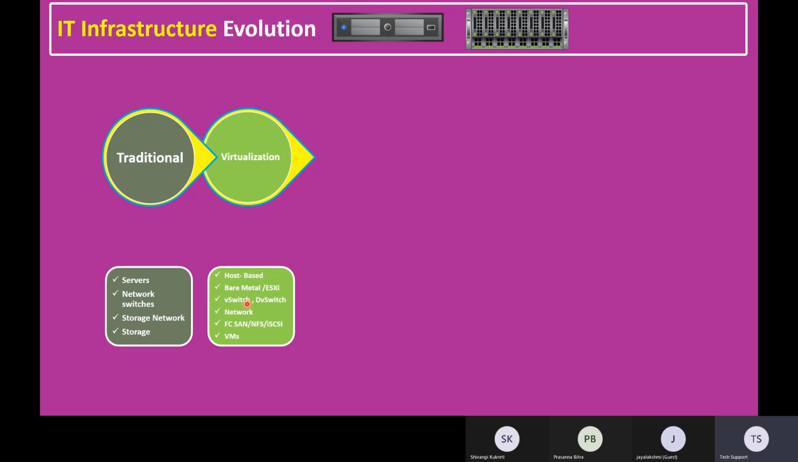We are familiar with the virtual switch, and the DV switch is one of the vCenter Server features, and also the network. Even when we are using virtualization, ESX, vSwitch and DV switch, we still need a physical network. At the storage level, we have multiple storage protocols, SANs like FC-SAN. We can use NFS storage, network file system storage, the protocol name is also NFS, iSCSI, and it is not limited